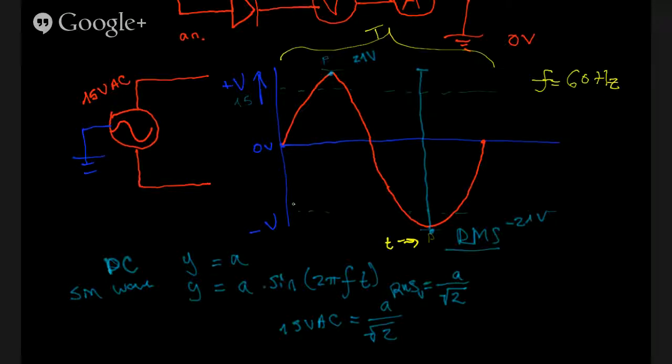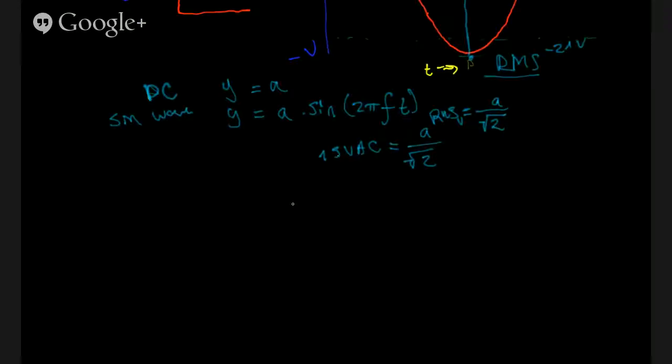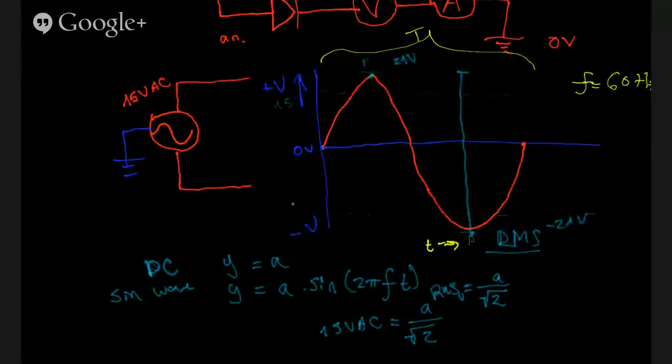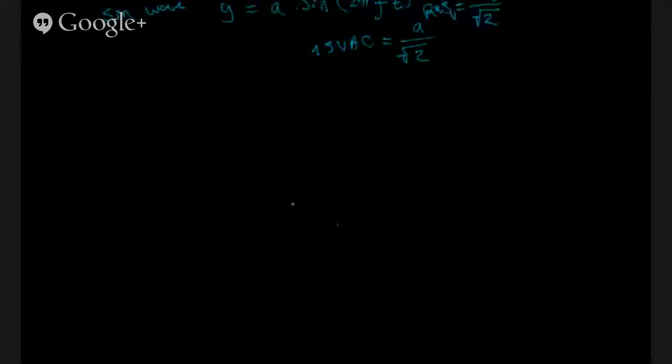Alright, so we want to change our alternating current here into direct current. To do that, we're going to use our handy little diode. If you remember, a diode only conducts in one direction. So what we'll do is we'll have a diode here. It'll conduct in the positive half cycle. And since it doesn't conduct the other way, where the voltage is changing direction, we'll have a negative voltage down here on this half cycle, and it'll stop conducting. So we're going to need at least 2 diodes to be able to rectify our